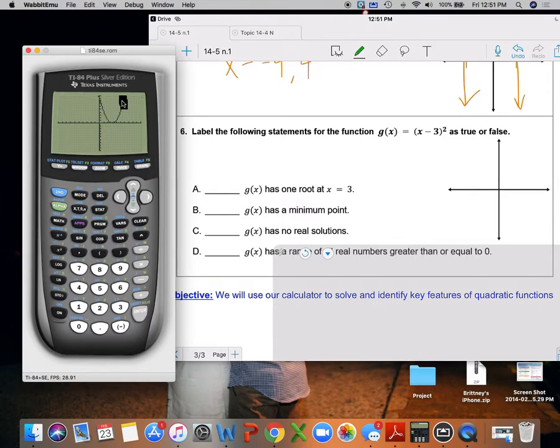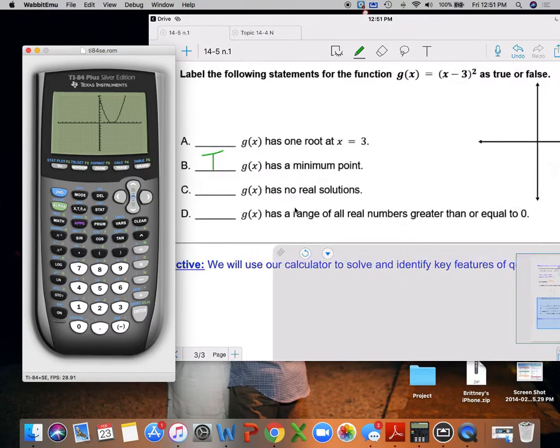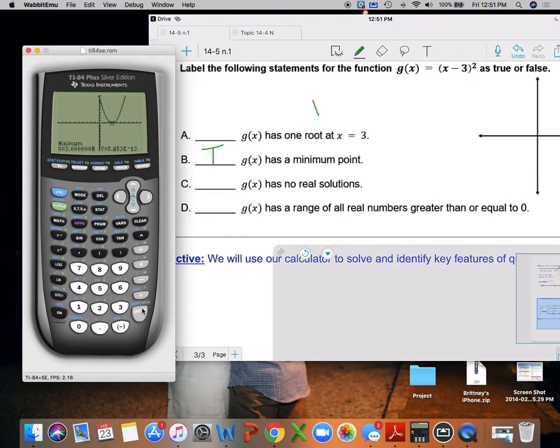All right, so I can see right now this is a minimum, so B is going to be true. For the range, it looks like 0, but let me find my vertex. So this is a minimum, so I go to my vertex first and go to the left a little, enter, go back to my vertex, to the right a little, enter, enter, and my vertex is at 3,